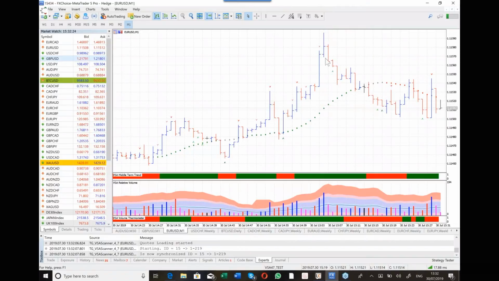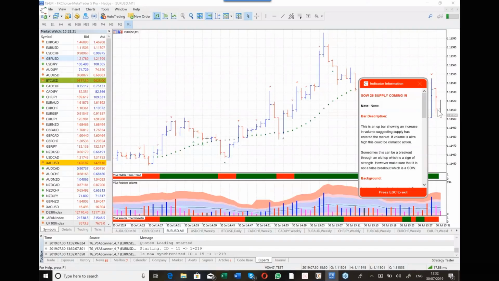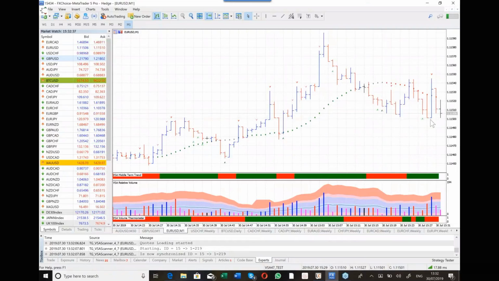Now we can see that the market has changed trend in the short term time frame where we've got some weakness on this bar. It's caused the market to come down. What we've now got to look for, right, is confirmation of the weakness. And what we're going to look for is a no demand bar or an up thrust. And if I see that on this spot forex I'm trading at the moment, I will trade this in the futures market as well.